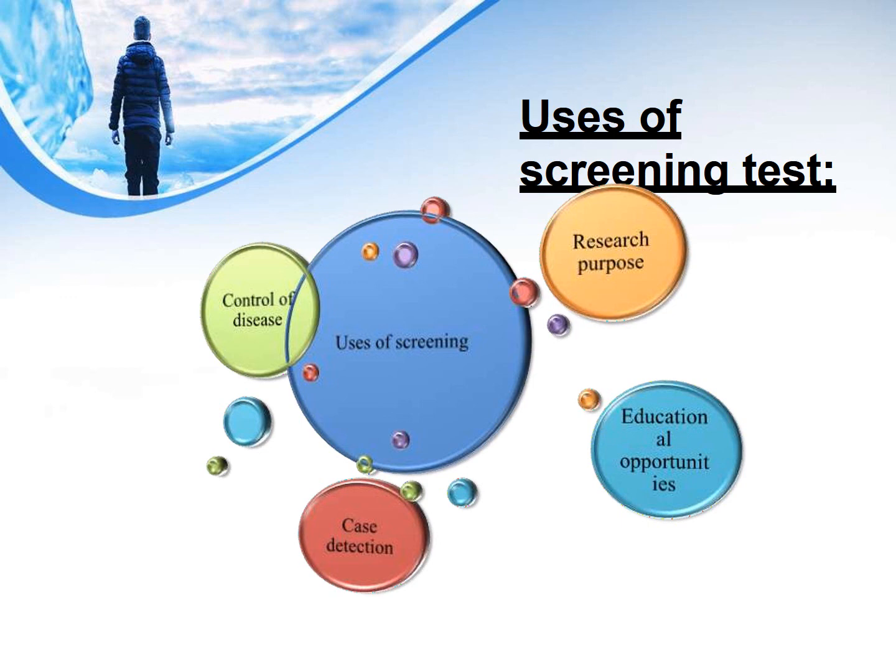Screening is also used for research purposes. Screening helps to know more about the natural history of the disease. For example, initial screening helps us to know about the prevalence of disease, and subsequent screening, the incidence of it. It also gives information about the risk factors and the risk groups that lead to the disease. And lastly, for educational purposes, the screening procedure creates awareness among the people about the disease, thus educating the public about the disease.